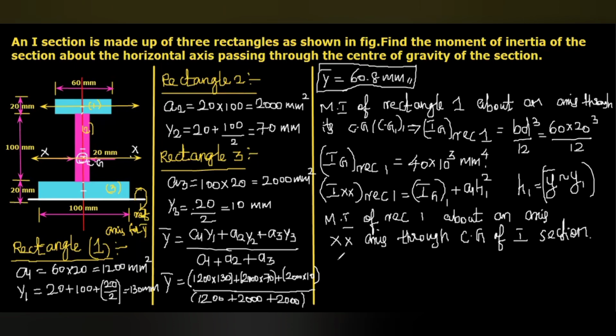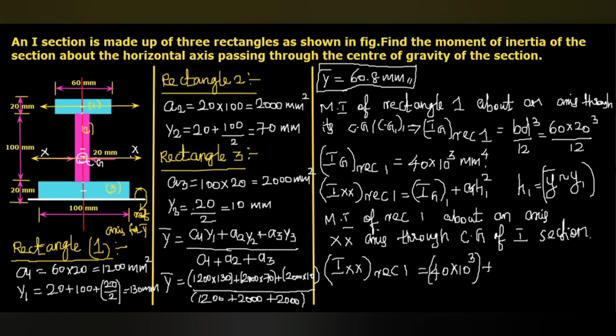So IXX of the rectangle 1 equals IG1, that we calculated as 40 multiplied with 10 power 3,